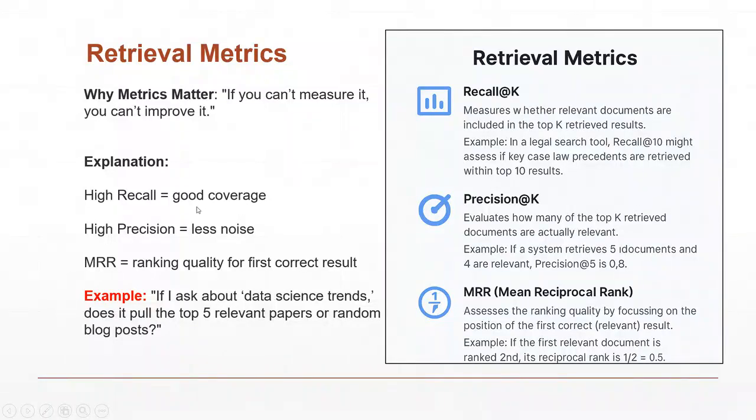Now, if your recall is high, then it has found most of the documents to be correct. If your precision is high, then the answer that you have got is correct and it has less noise. Noise means the LLM has not put something on its own, but the answer is actually coming from the document that you have given to your RAG pipeline. And MRR is something that will rank the quality of